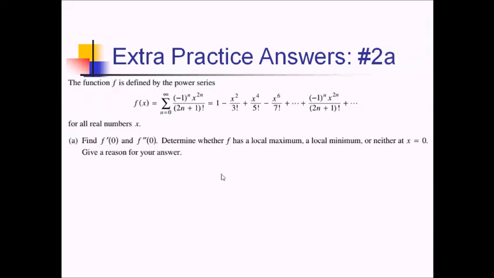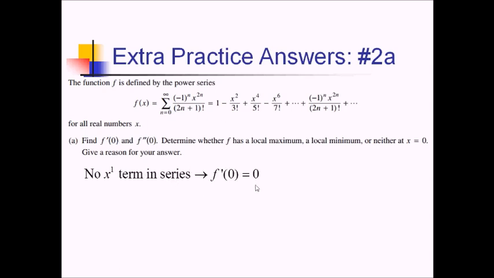For this no calculator free response, we have a power series defined as follows here. And then we want to find f prime of 0, f double prime of 0, and do some stuff afterwards. Well, f prime of 0, that's going to be the coefficient of x to the first power in this series. Since there is no x to the first power in the series, that means f prime of 0 must be